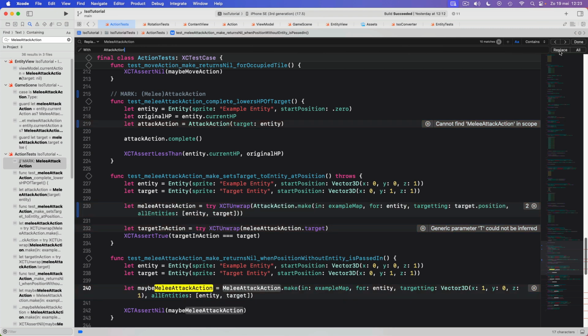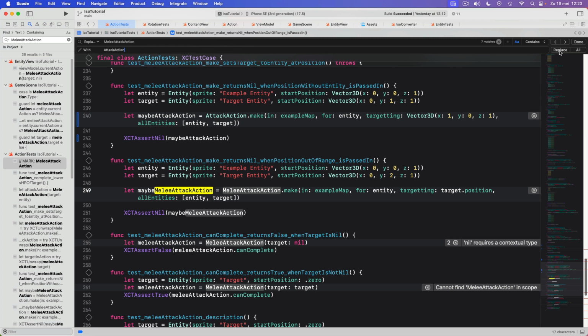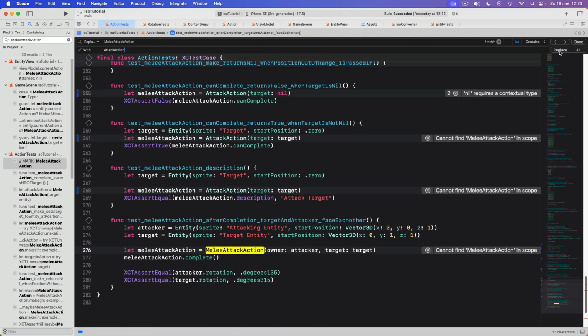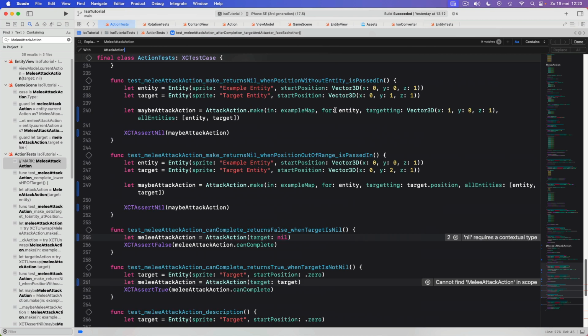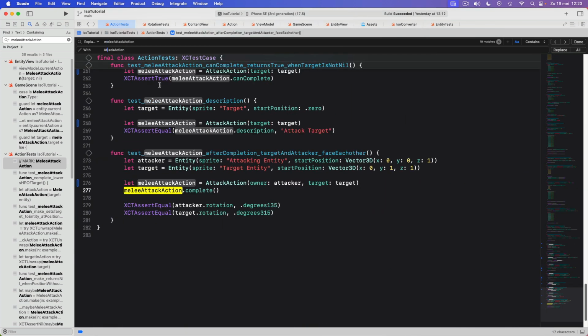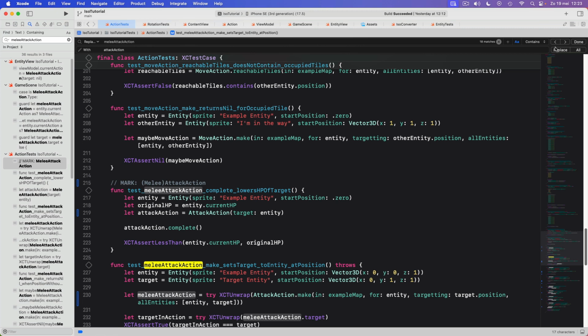Replace, replace, replace, and so on, and the same for the one that starts with a lowercase. So let's replace,